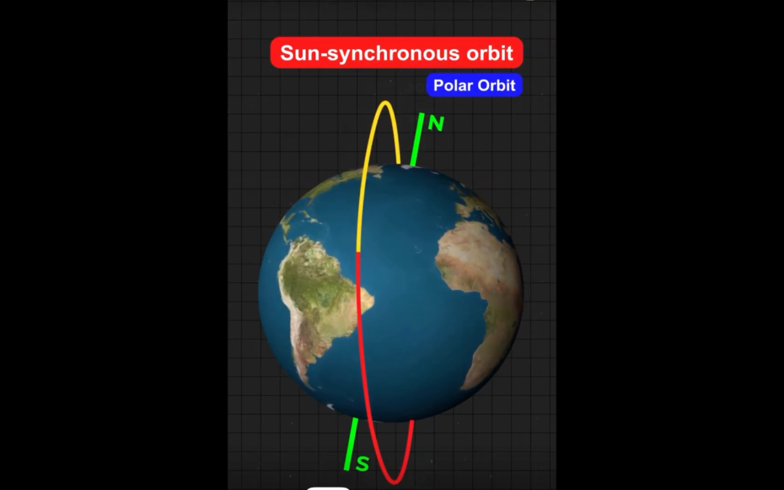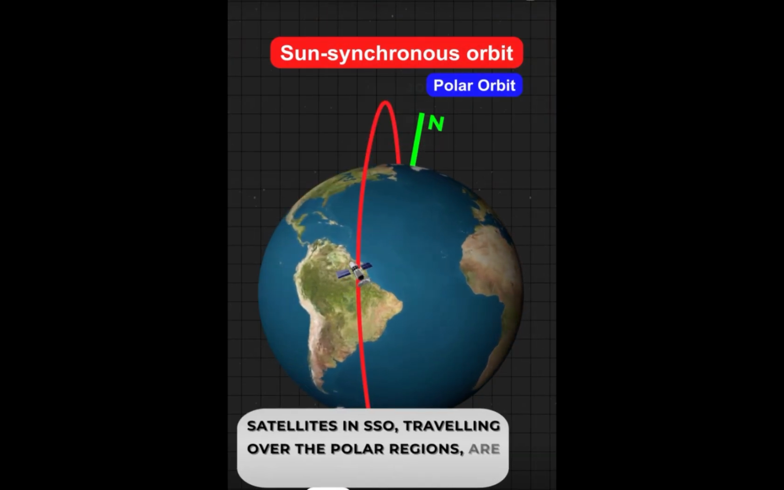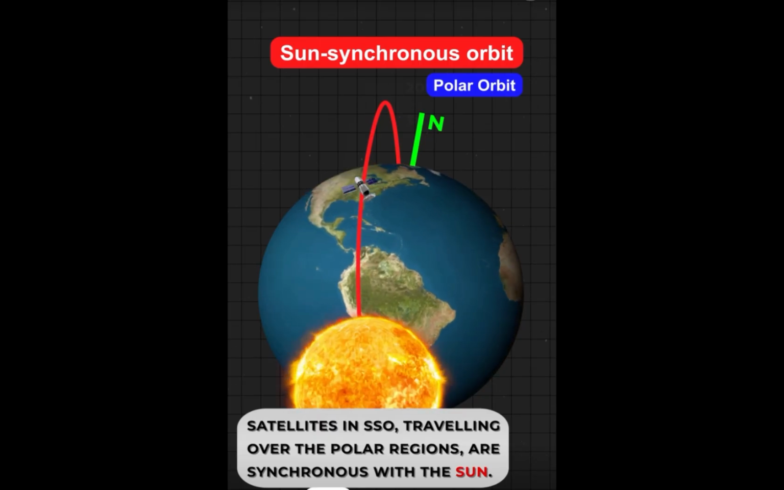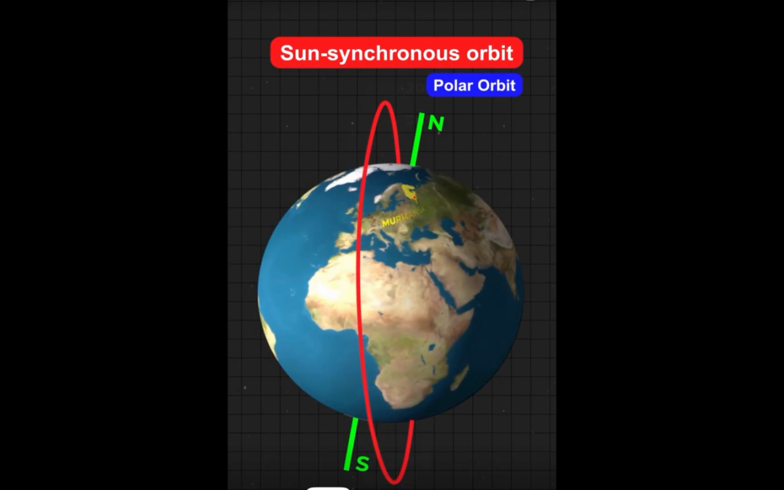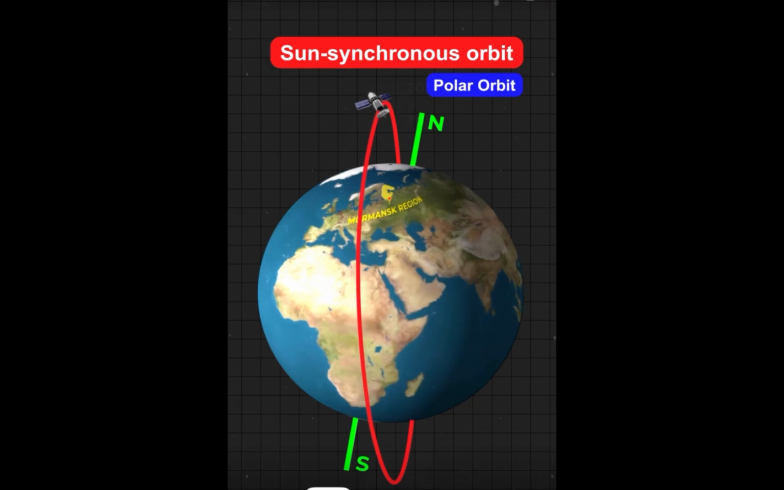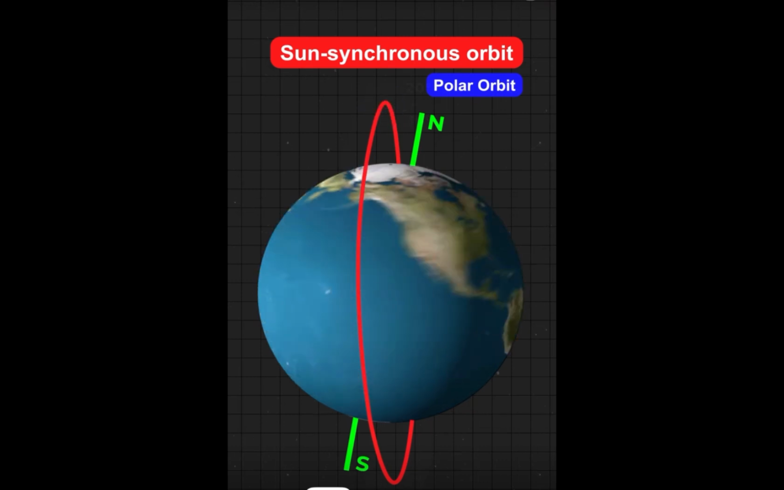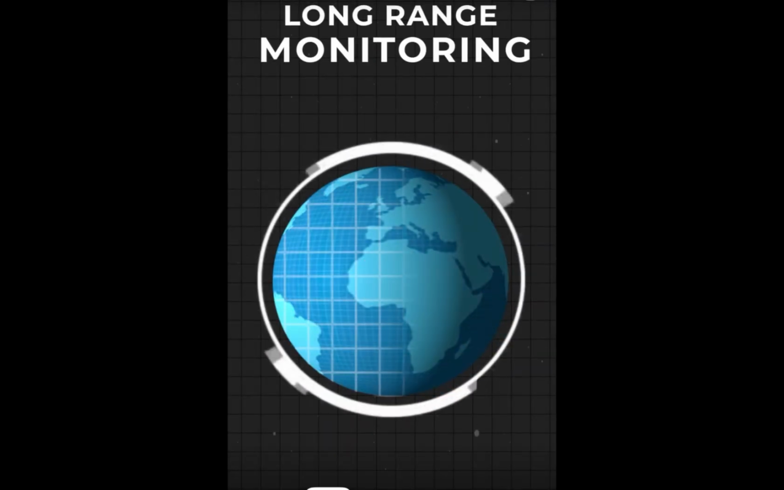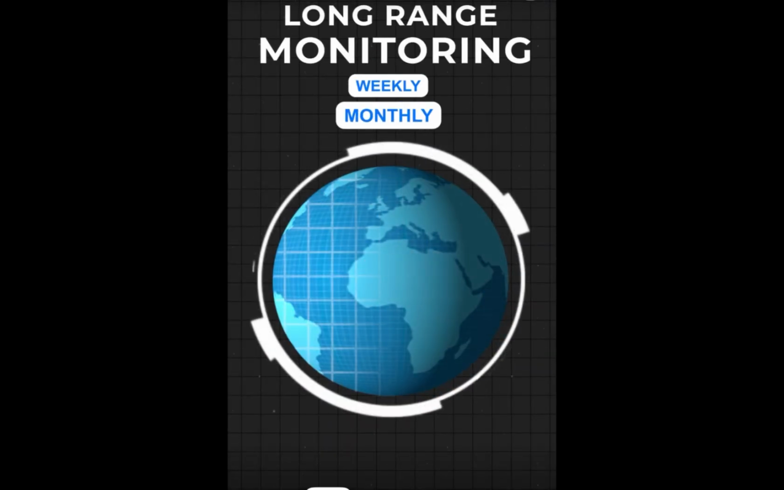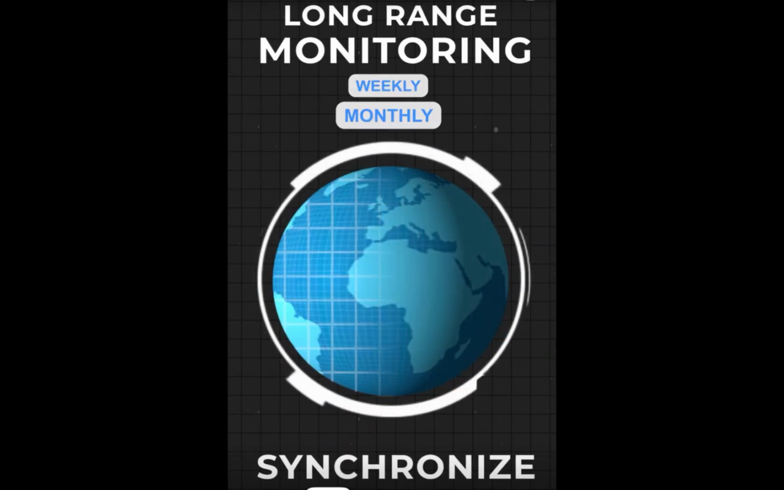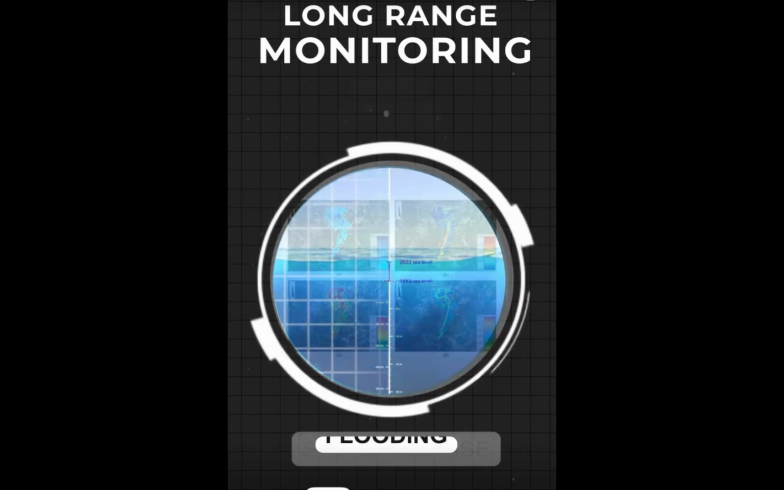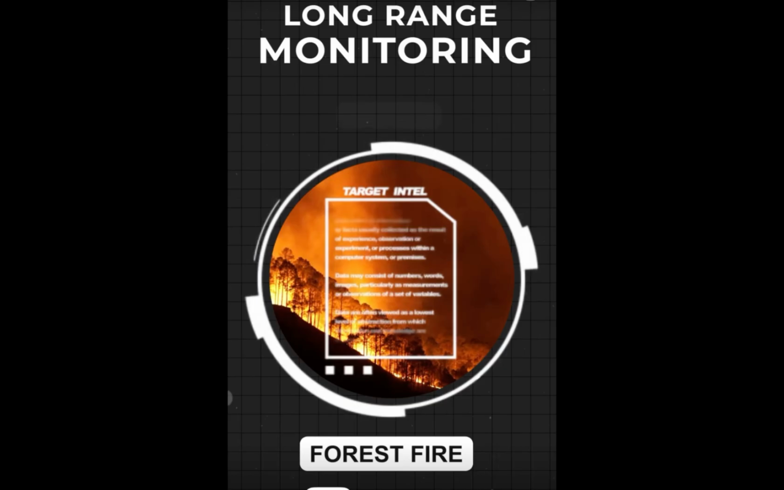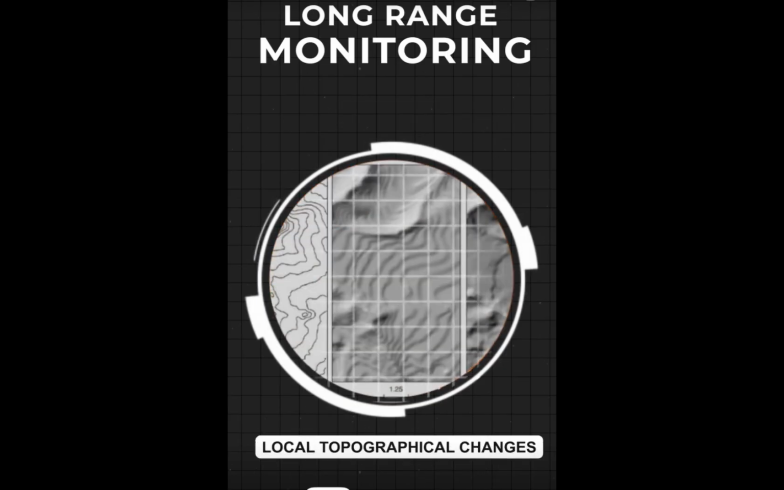लॉजिक ये है कि इन ऑर्बिट्स में जो सैटेलाइट्स हैं वो सिंक्रोनस होती हैं विद सन, मतलब इनकी एक फिक्स्ड पोजीशन होती है रिलेटेड टू द सन। प्रैक्टिकल टर्म्स में समझें तो मान लीजिए रशिया के मुर्मांस्क रीजन के ऊपर कोई सैटेलाइट दिन के 2 बजे पहुंच रहा है तो अगले दिन भी वो वहां पे 2 बजे ही पहुंचेगा। तो इससे क्या होता है, लॉन्ग रेंज मॉनिटरिंग जैसे कि हफ्तों की महीनों की मॉनिटरिंग बहुत सिंक्रोनाइज हो जाती है। तो अगर आप सी लेवल राइज को मॉनिटर कर रहे हो, फ्लडिंग को मॉनिटर कर रहे हो, फॉरेस्ट फायर को मॉनिटर कर रहे हो, इससे रिलेटेड डाटा को अक्यूमुलेट कर रहे हो, लोकल टोपोग्राफिकल चेंजेस को चेक कर रहे हो।